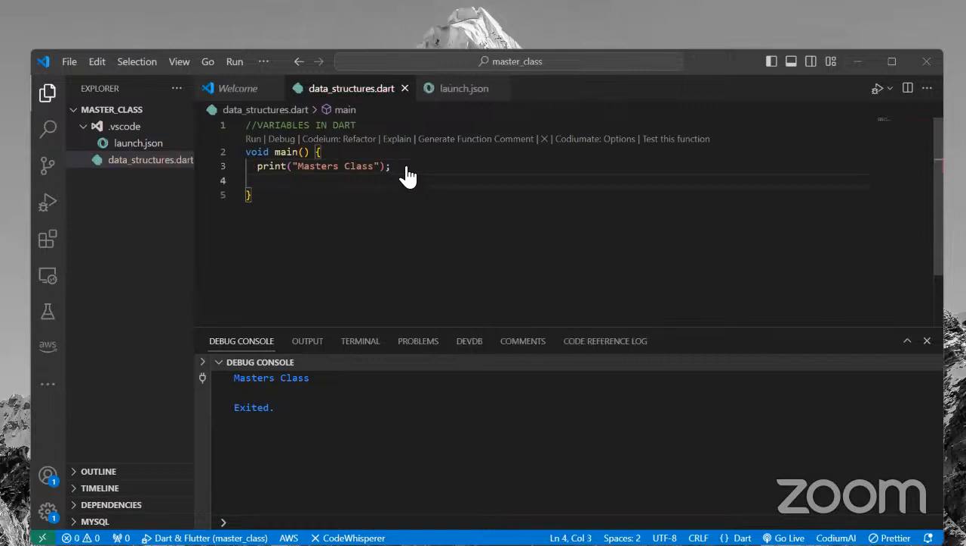We have strings, we have ints, we have doubles, we have bool or boolean, we have lists, and we have map. All right, so these are some of the types of variables we have. So as I told you, variables are used to store data. They're used to store data, and the syntax for